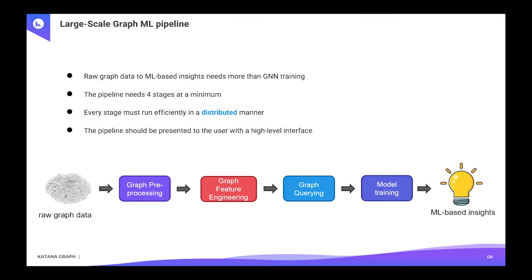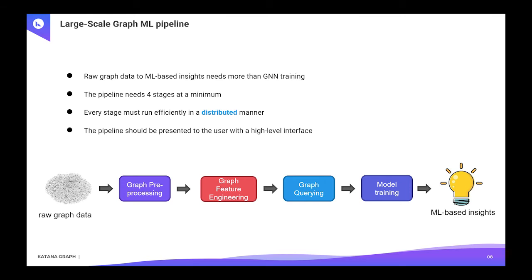The second stage is graph feature engineering. We know that most graph data don't have initial vector features. Instead, the nodes and edges in the graph have properties. So graph feature engineering encodes the properties into initial feature vectors and runs analytics to augment the features to facilitate efficient GNN-based learning. Then graph querying can be used to prepare the training data for data parallel graph neural network